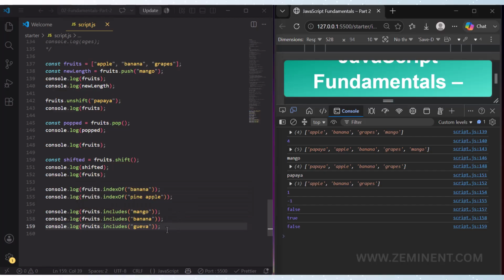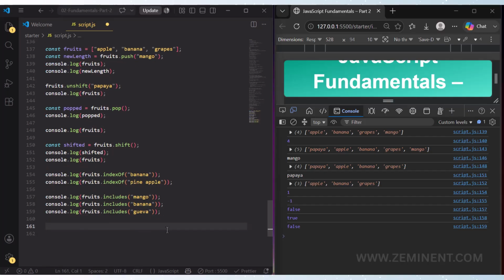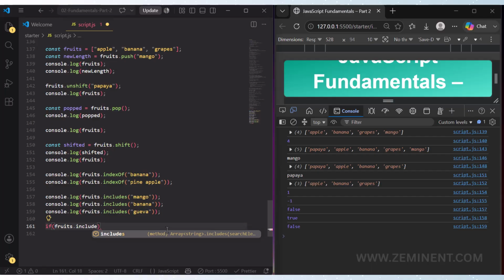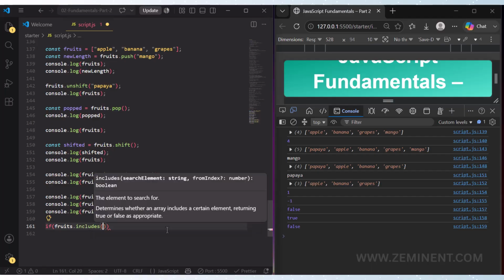And now we can use this includes in conditionals, and here write if fruits dot includes.